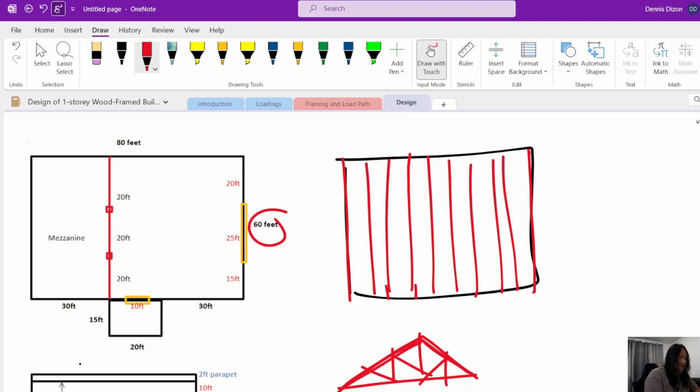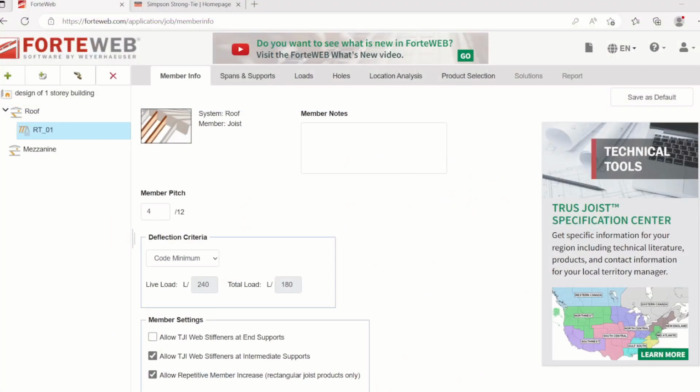So even if you have a slope on your roof, on your top chord, I will always assume this as a flat member, and then I will even assume what are the possible member sizes, and even if it fails, it doesn't matter because we are only after the reaction. Going back to 40 web,